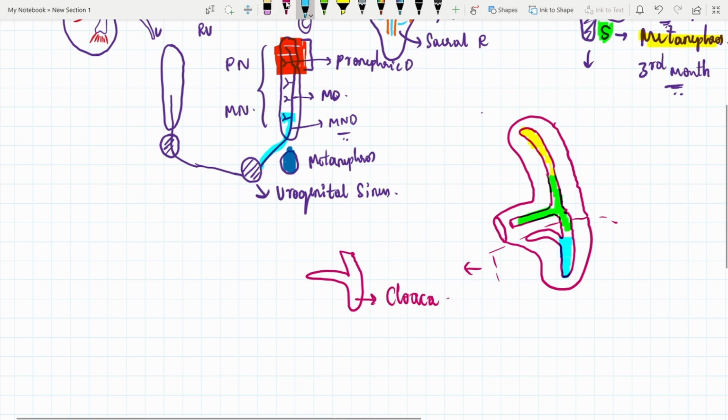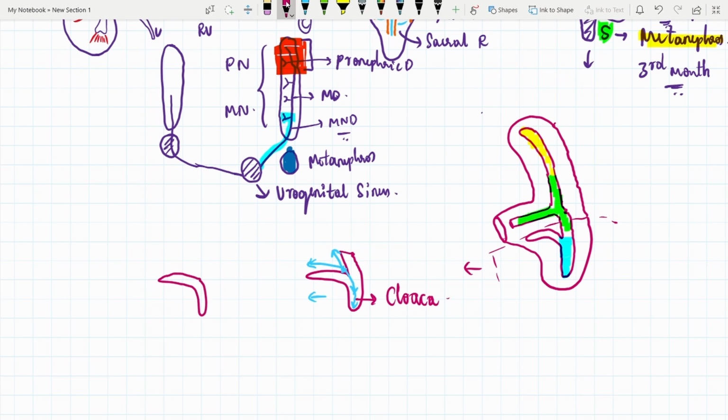You can see this is the angle between the allantois and the hindgut, right? This angle deepens, the tissue between, this is the tissue. It's going to develop this way, like this, and it will develop all along up to the lower border, and it finally divides the hindgut, that is cloaca, into two parts. What are those parts? The one is this one along with allantois.